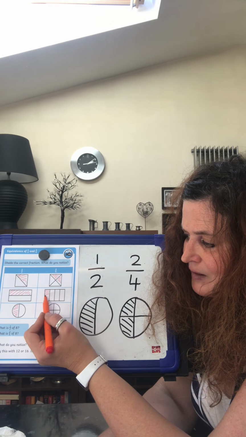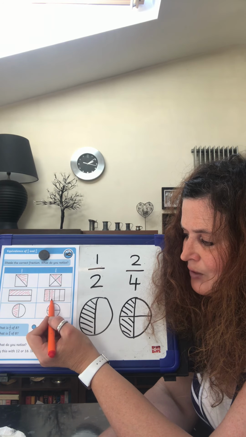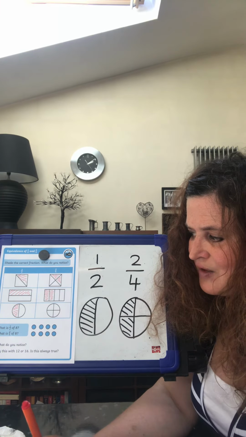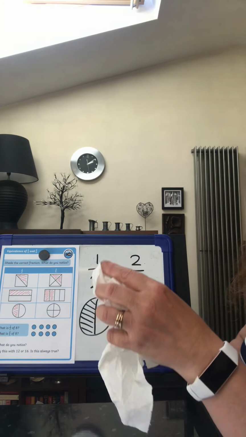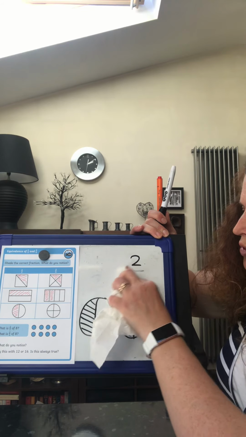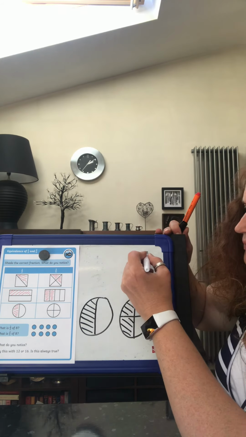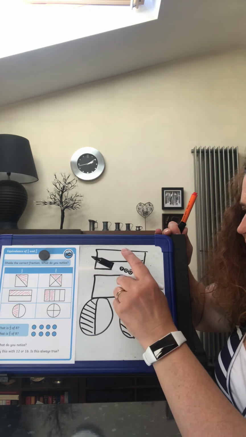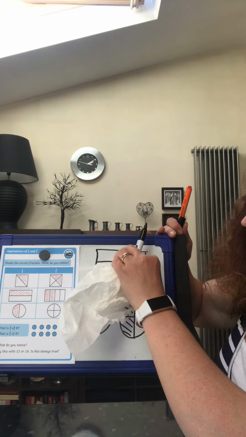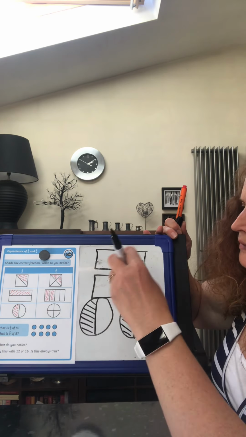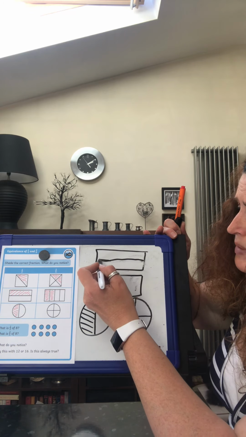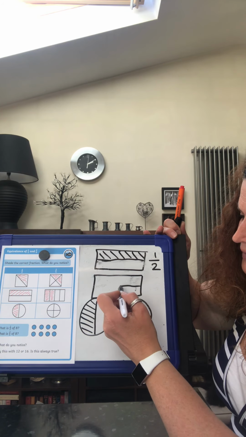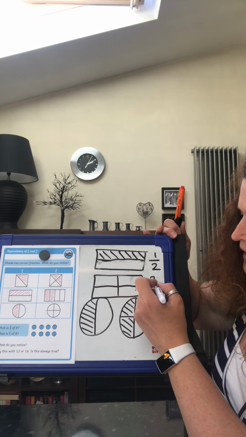If I shade in 2/4 on the rectangle, it's a little bit harder to see because of course they have split the shape differently. But if I was to show you a rectangle split into quarters in a different way, so there is my shape. Oh, that's not very equal, is it? Oh, that's a bit better, a bit wonky. That one shows 1/2. If I split this shape differently into quarters, and I shaded 2/4 this time,